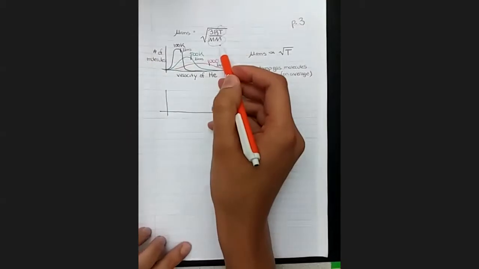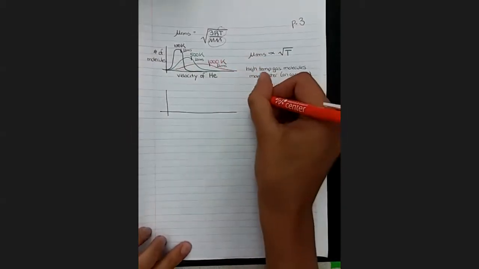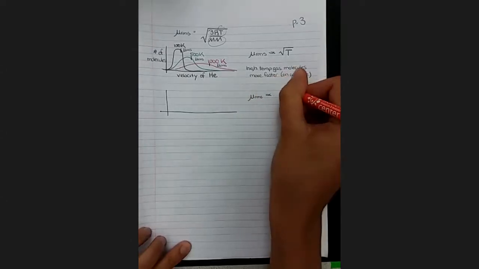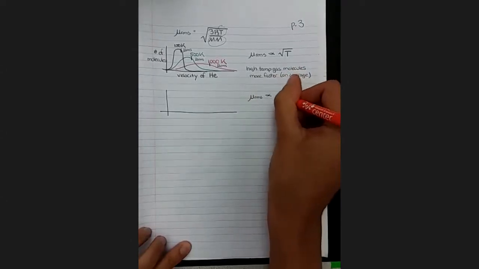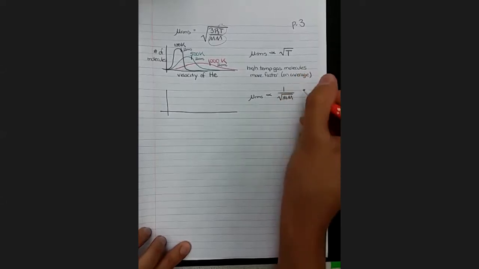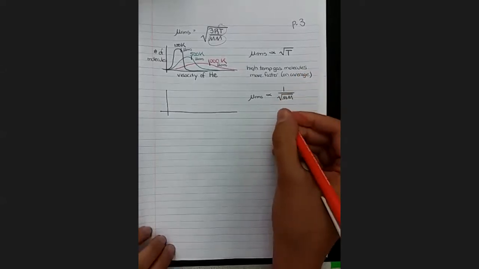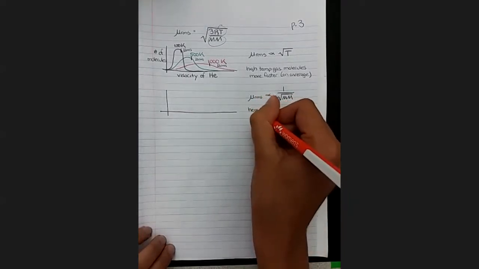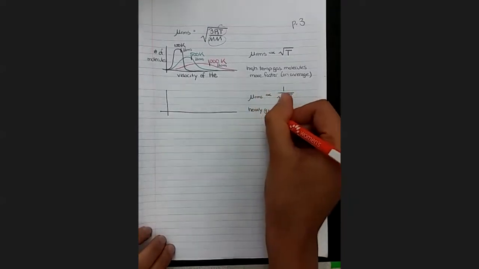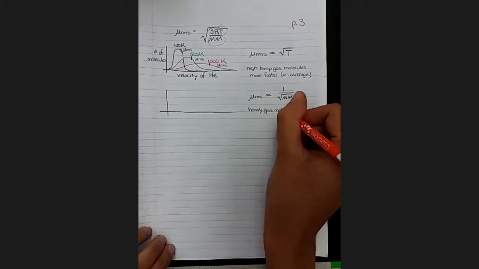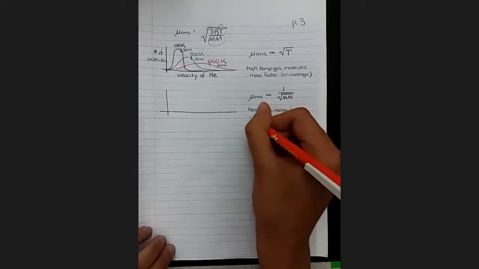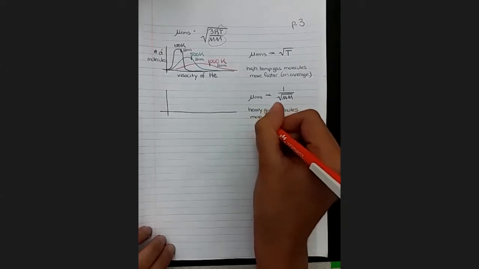Now let's look at molar mass, the other interesting variable. So the root mean square speed is proportional to 1 over the square root of molar mass. So these are indirectly proportional. That means if we increase the molar mass, if we have heavy gas molecules, the speed is going to do the opposite. So these are going to move slower